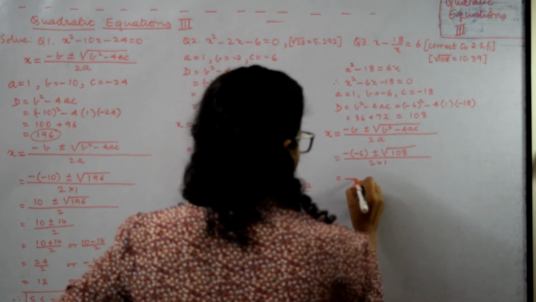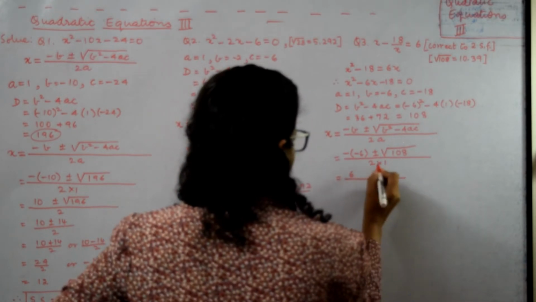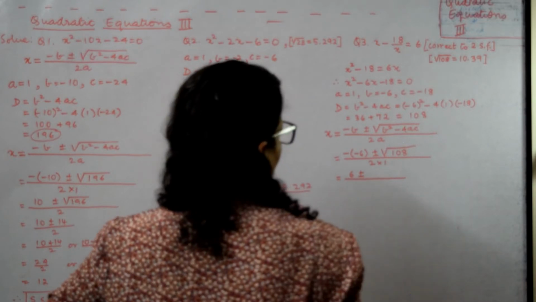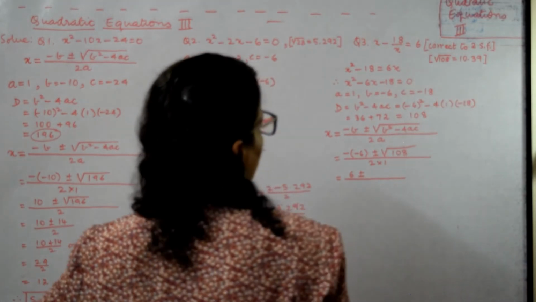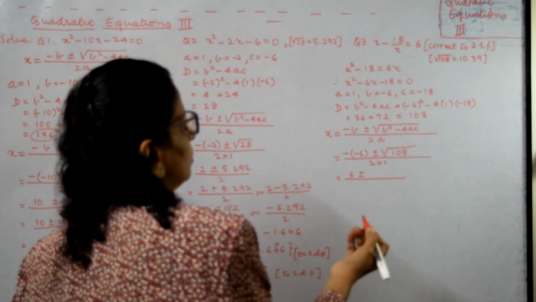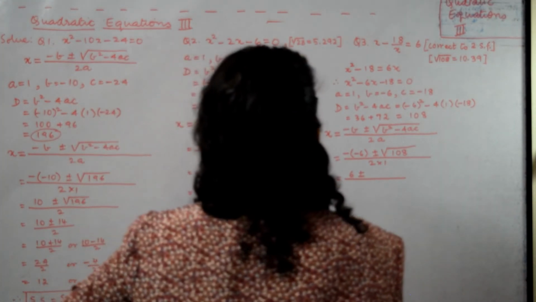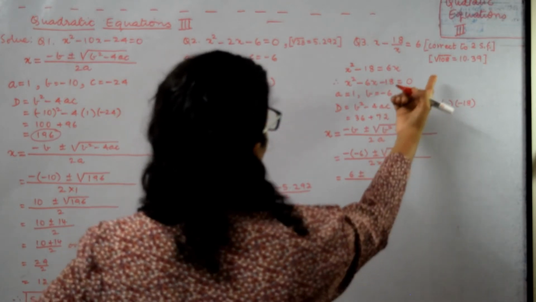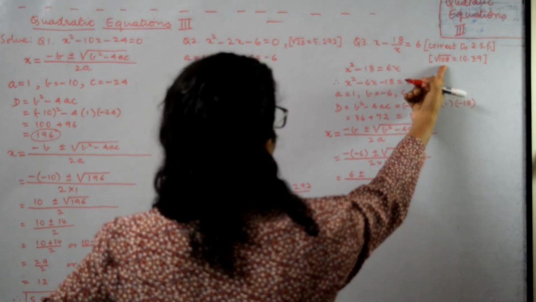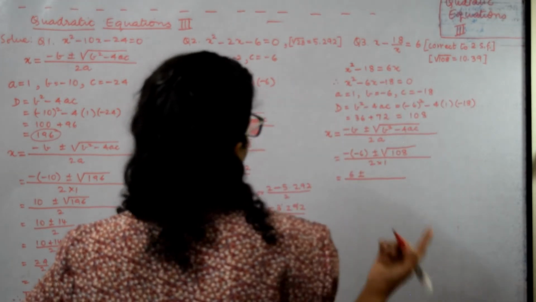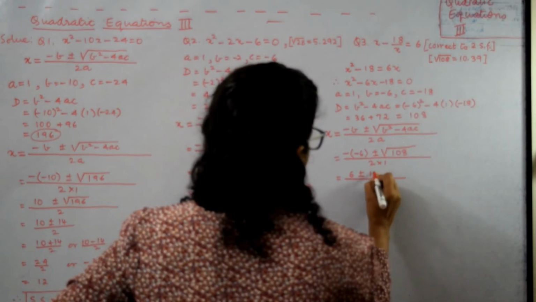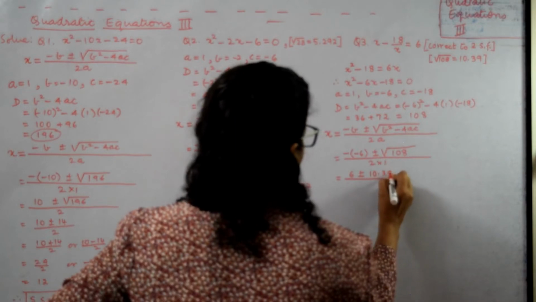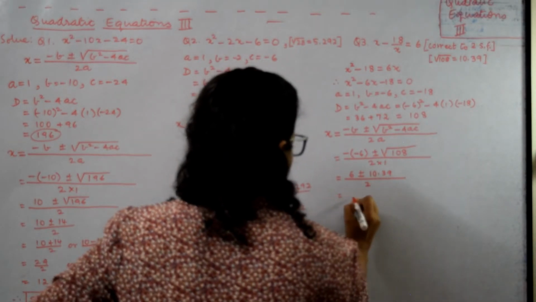In the next step, 6 plus or minus, now root of 108 is 10.39. I have already given you the value, as I told you that I'll make another video by which I'll show you how to get the square root of 3-digit number, 2-digit number, a single-digit number using the log table. So here let us use the value which is already given, and that will give us